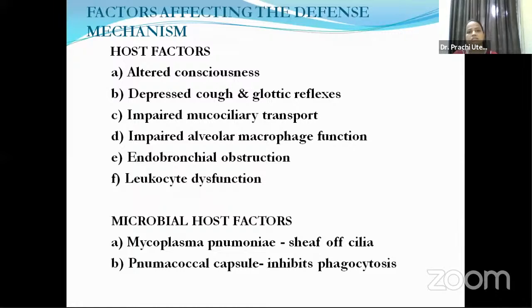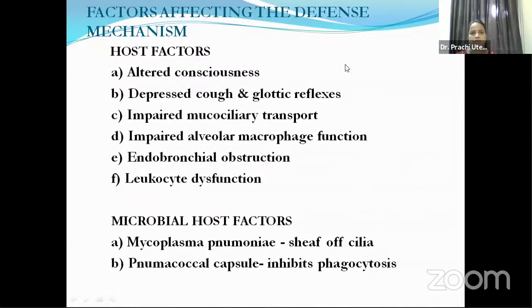Now there are certain factors affecting the defense mechanism, that is the host factors and the microbial factors. The respiratory system is basically very much protected by defense mechanisms: the cilia, the mucus formation, which are protecting functions, and the alveolar macrophages. These are present in the lungs, and they are able to protect the respiratory system from